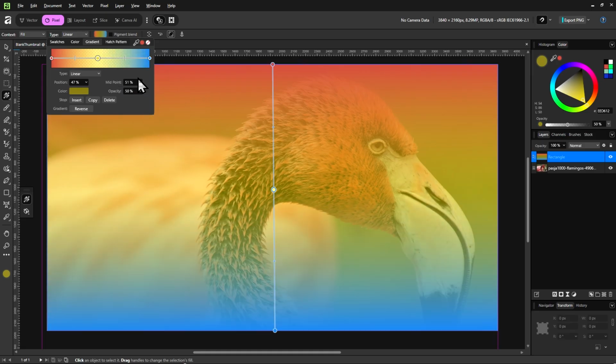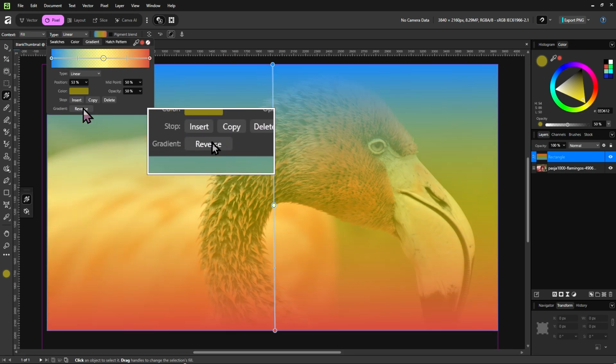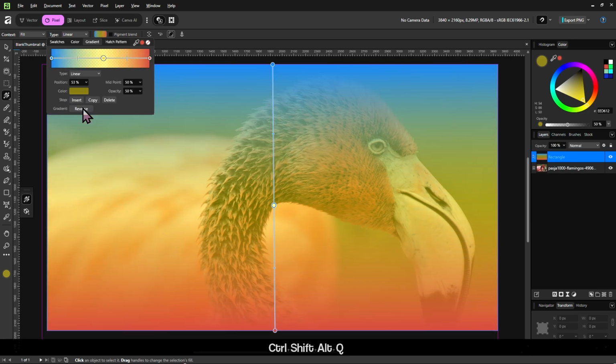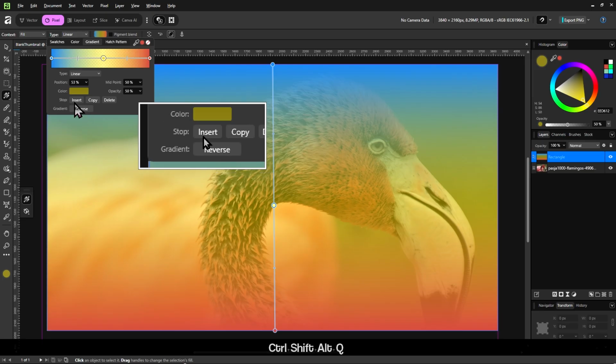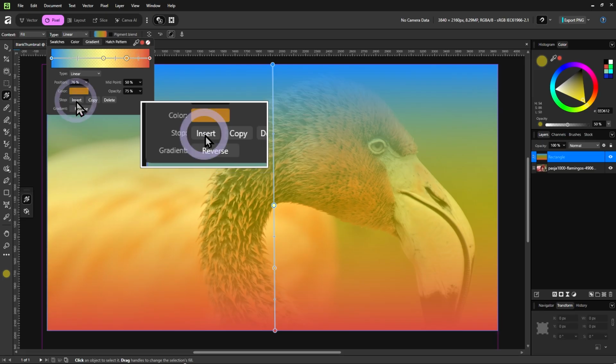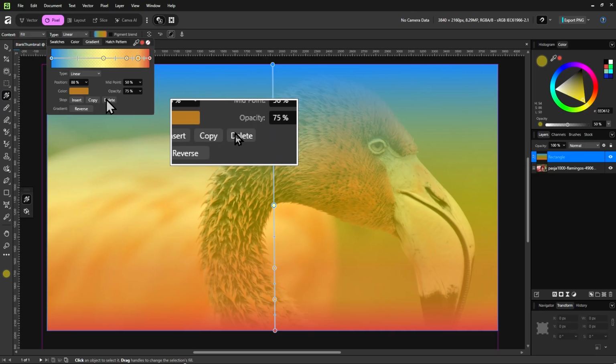And if you want to reverse the order of the colors here, you can totally do that by clicking on reverse. And you can also use these 3 buttons to either insert more stops, copy stops, so make a duplicate of the current stop you have selected, or delete them.